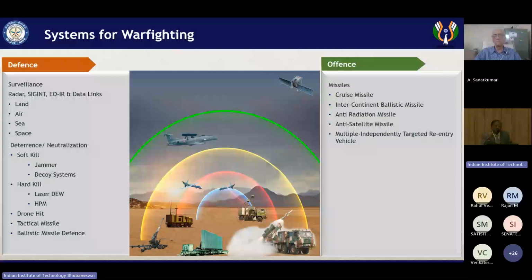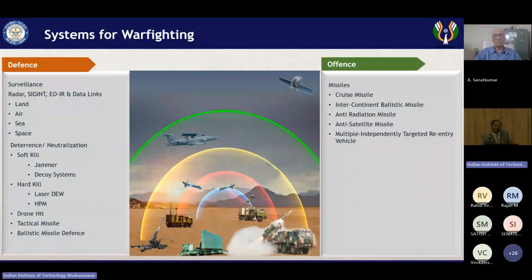Everybody has a technology today. So that's the reason you have to look for certain technologies which nobody has. And in technology of missiles, the most powerful thing which every country could look for is hypersonics. Because as the speed becomes very strong and as the height becomes low with cruise, your radars will be defunct, your attack time will be very strong, and you are going to reach your destination faster. So our offense are going to be cruise missiles, intercontinental ballistic missiles, anti-radiation missiles, anti-satellite missiles.